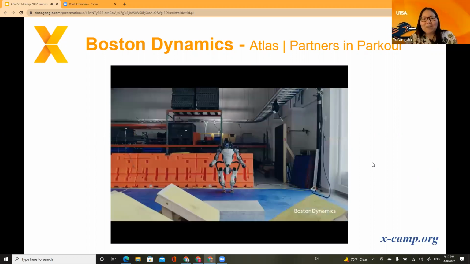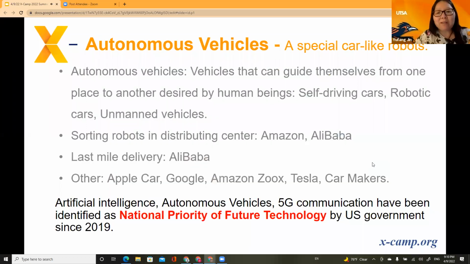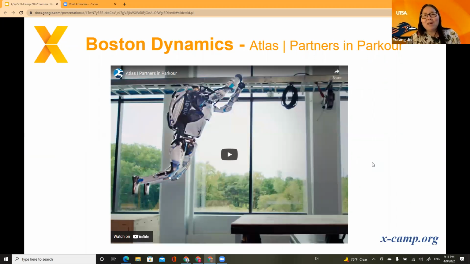Okay, you can see that during this video, there are two robots, and you can see that the knee joint of the robots is not like what you are as a grown up, but it looks more like a toddler's, because when you start to walk, you can see the toddlers always have their knee joint kind of bent. And the reason is because when you walk, it's very hard to control the gravity center of the body. And then you can see it from this latest video by Boston Dynamics. And this is one of my favorite companies with advanced technologies.